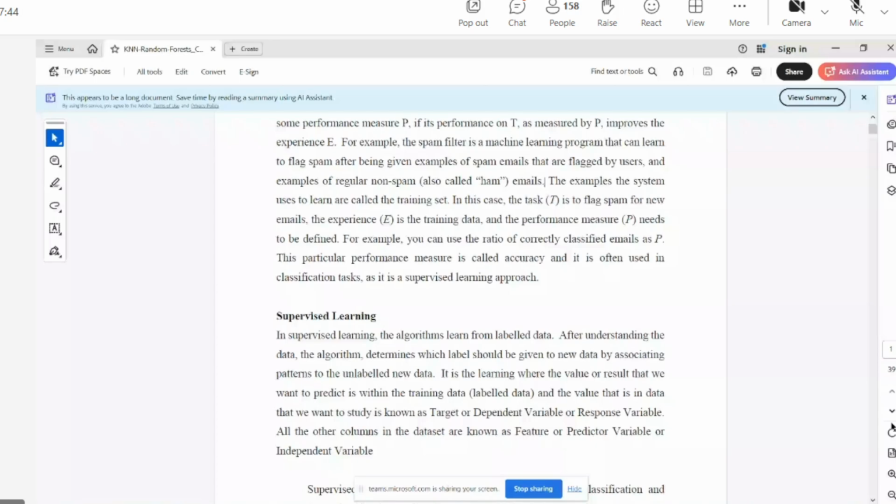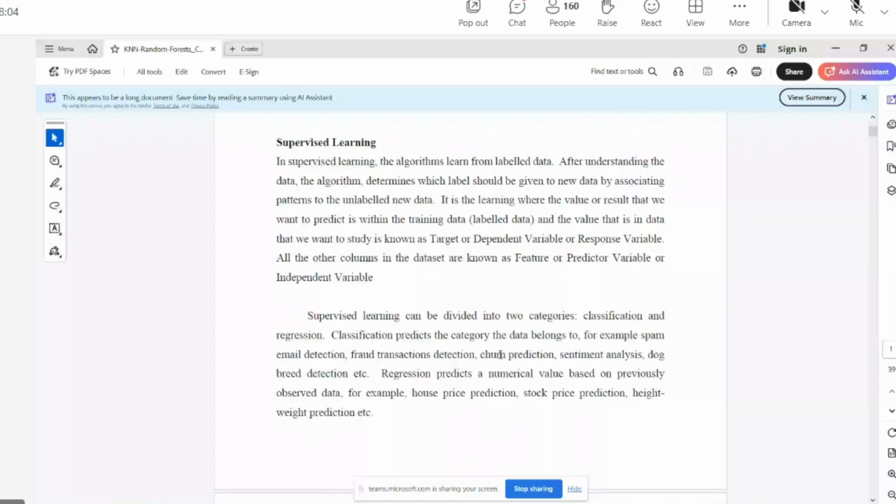So what is supervised learning? Inside the data, we have one column which will help the machine to understand the problem which we are going to target. Supervised learning again has 2 categories. I will come to unsupervised learning later on. Today I am going to cover only supervised learning in a detailed manner because everything cannot be covered.